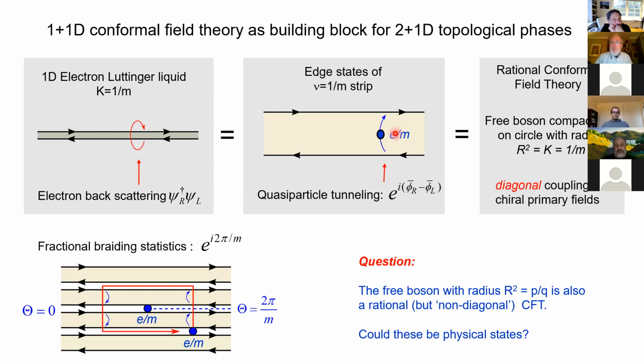And what these both are is they're both described by a rational conformal field theory. This is a little bit fancier jargon to use, but these are both described by the same field theory, and that's the field theory of a free boson that is compactified onto a circle. The radius of this circle basically determines the Luttinger parameter k. And so what we see from this is that at least for a particular sequence of these radii, when the square of the radius is 1 over an odd integer, then we can sew these one-dimensional systems together to form a two-dimensional system, which forms a two-dimensional quantum Hall state. And in particular, to answer Steve's question,